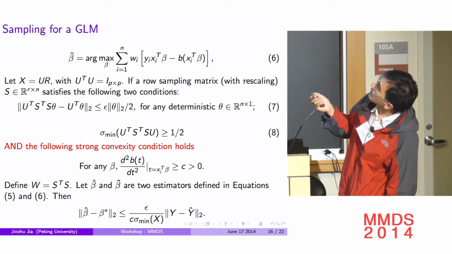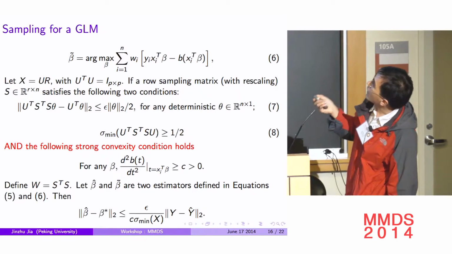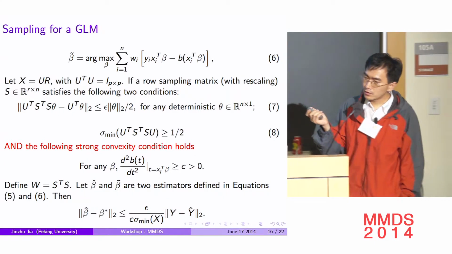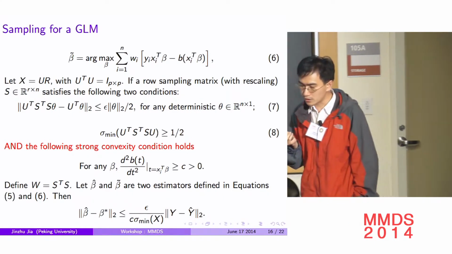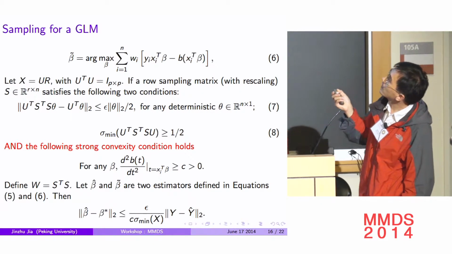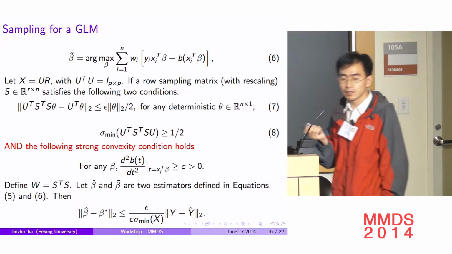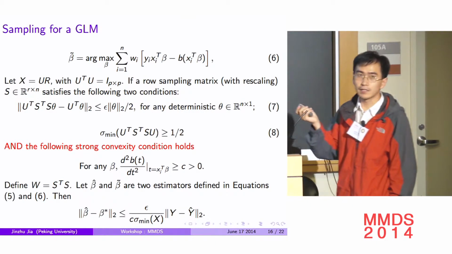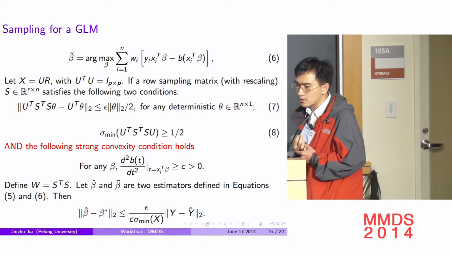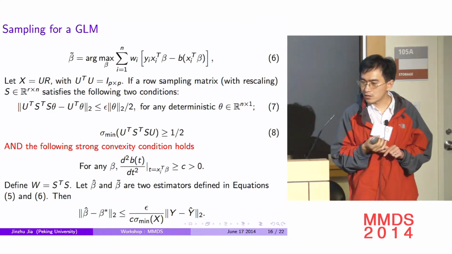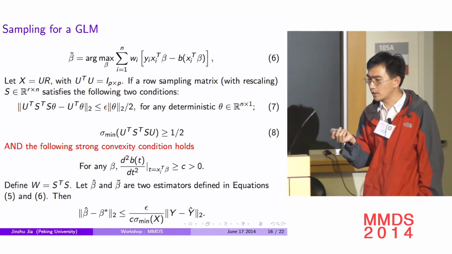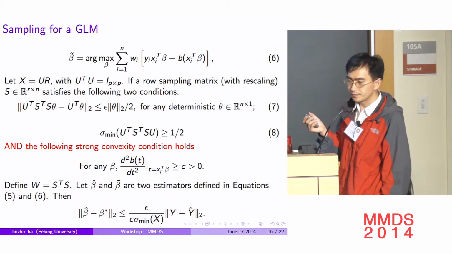So now we see that conditions 7 and 8 only depend on x, and do not depend on y. These two conditions are also needed for least squares. So as long as the sampling matrix satisfies 7 and 8, in fact, you can use the leverage score sampling. The leverage score sampling satisfies 7 and 8. So this result says that for generalized linear models, if the strong convexity holds, then you can use leverage score sampling,